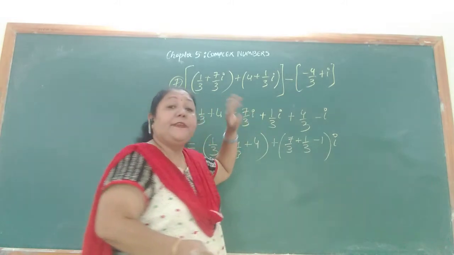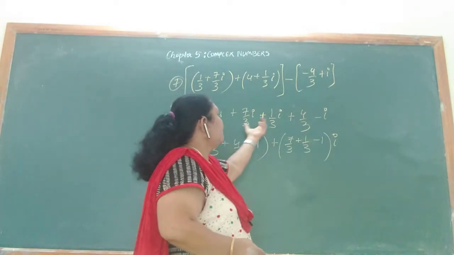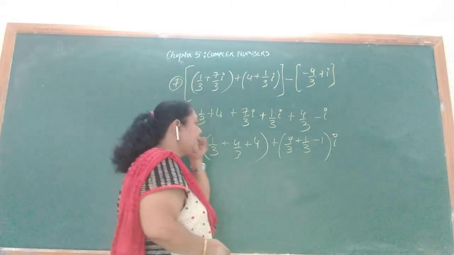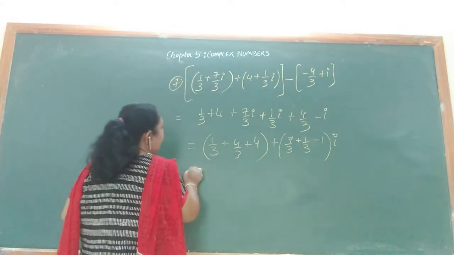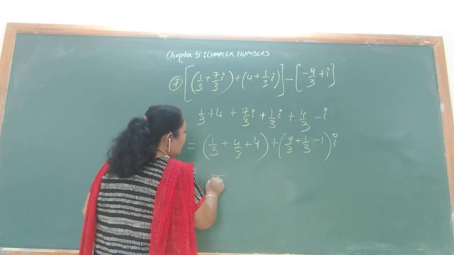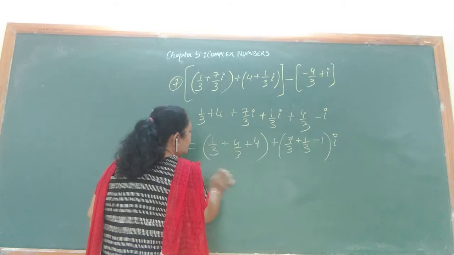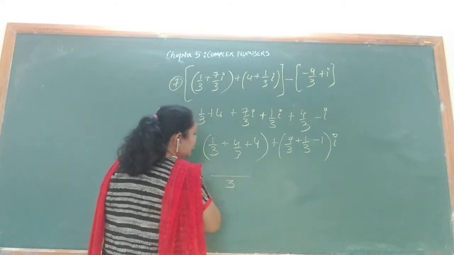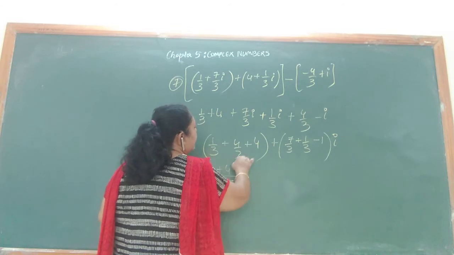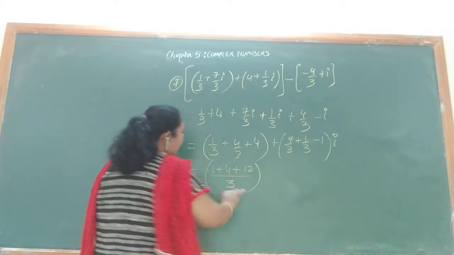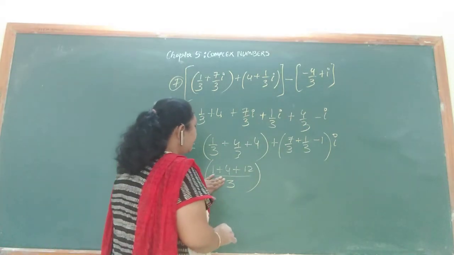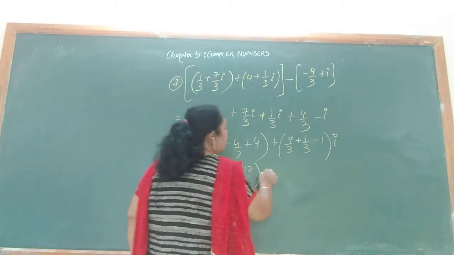Now I took terms with I. So I had 7 upon 3, 1 upon 3 and minus I. So all this I took together. Now let's take LCM of it. So both these have a number 3. So 3 and I can also take together, the LCM is 3. So here it is 1 plus 4 and plus 4 threes are 12. So LCM I have taken and the LCM I got it as 1 plus 4 plus 12 then plus.